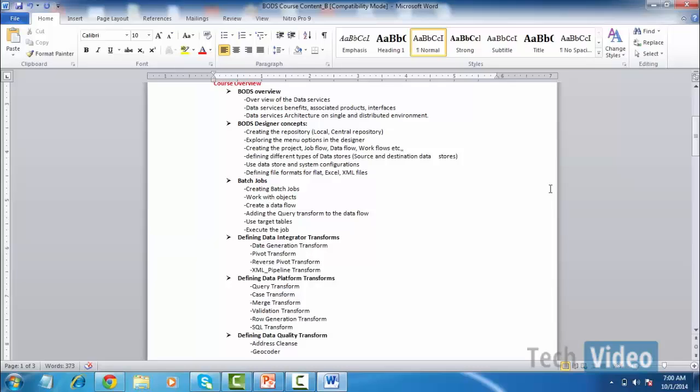data flow, workflow, etc. And how to connect different source systems and types of sources, RDBMS, and if you already have files, how to connect with them, and what datastore configurations and system configurations are. So defining file formats for flat files, Excel, and XML files: how to make connectivity to flat files, Excel sheets, and XML files,